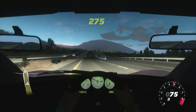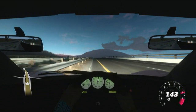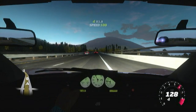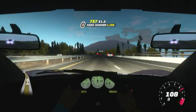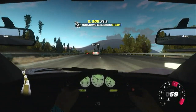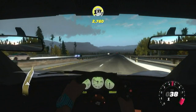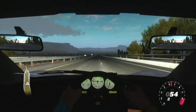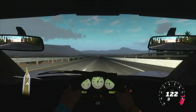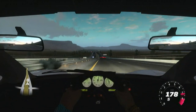Now, we're about to turn around. But, basically, the problem we had coming down the first time is the fact that we were hitting the rev limiter, and hitting the rev limiter, and hitting the rev limiter. And that's one of the problems with Horizon, in the way that you don't have any tuning. Because if you had tuning, if you could tune that final drive, you